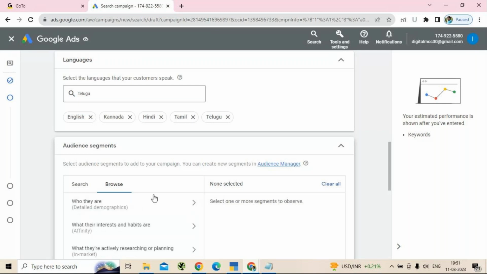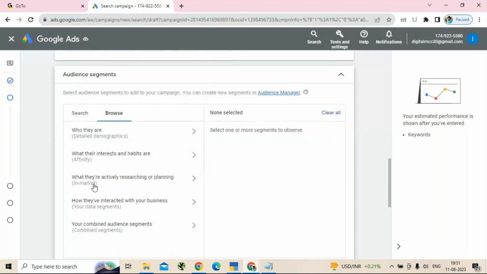Then the other type of audience is the in-market audience. In-market audience means you choose the audience who is ready to buy. So they are interested people who are ready to buy.